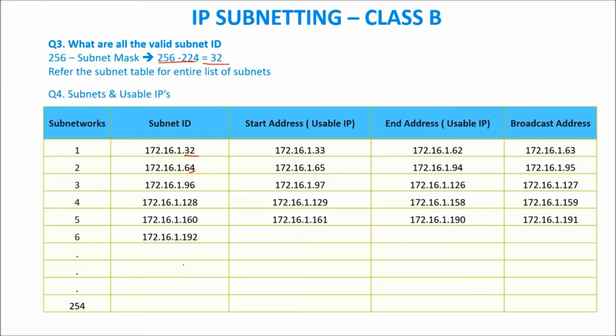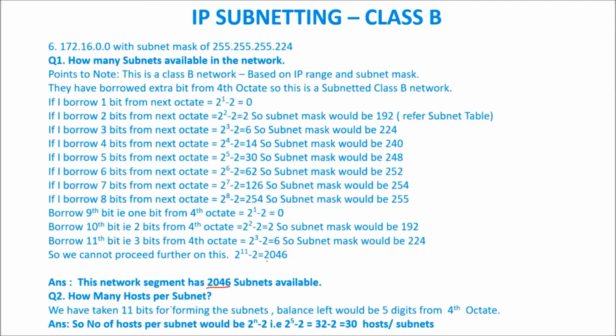If I go with the other range as 2, then again another 11 or 12 networks. So like that, I keep on increasing till I reach 172.16.254. The last segment will be 172.16.254.255. That will be the last IP address in my range. So that is how you will get 2046 subnets in your calculation.